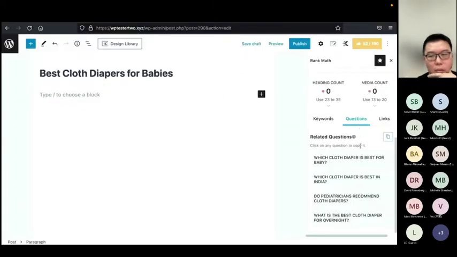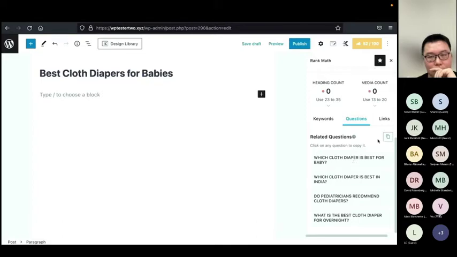I'm not sure if you know that there is this FAQ schema or markup that you can add to your articles, which allow your article to have this accordion on the search result. It gives your search result more visibility, more context for the searcher, leading to a more positive impact on your search ranking. This is where the related questions section is helpful. If you want to know more about the FAQ schema or markup, you can check out the video popping up at the top right. The link is in the description as well. Now, these questions by itself can be a topic in your article, or they can be put under the FAQ heading. Again, we'll talk more about this as we write the content.